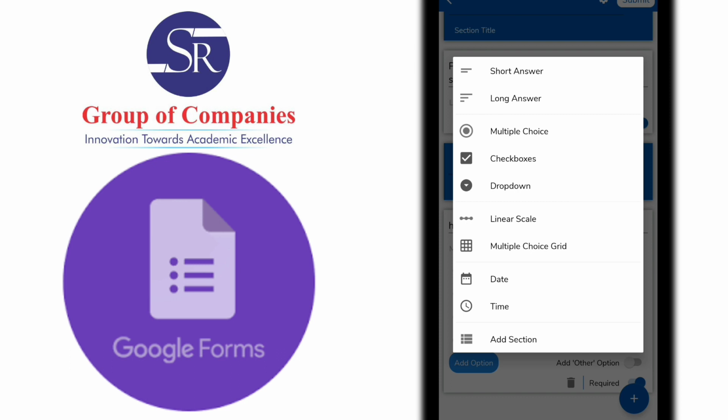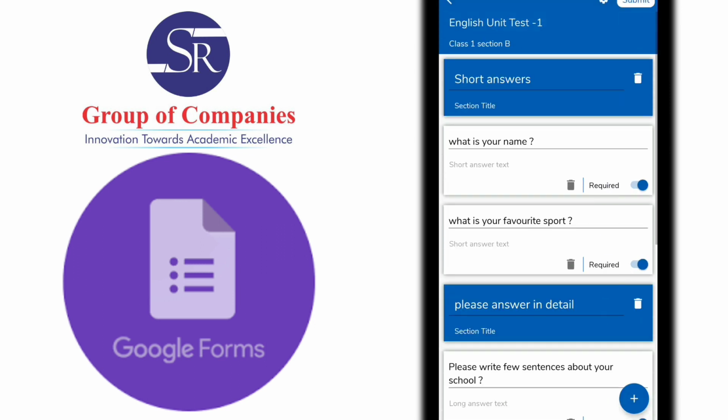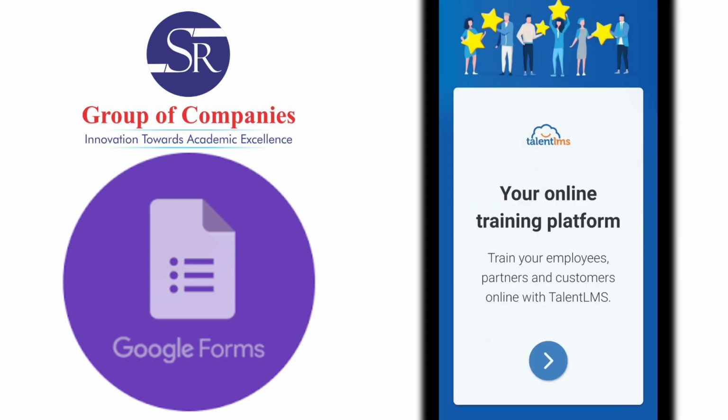for that particular question. Now we could submit this and go ahead with actually extracting the question paper for the children. Now I click the submit button. When I click the submit button, the application reminds you again: collect email address, and do you want to allow the responders to view the summary or not. I do not want to allow the responders to view the summary, so I click the submit button. When I click the submit button, you may get an ad for a second and you could just delete that and click the submit button.